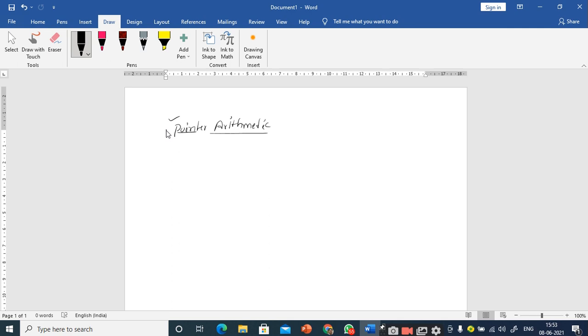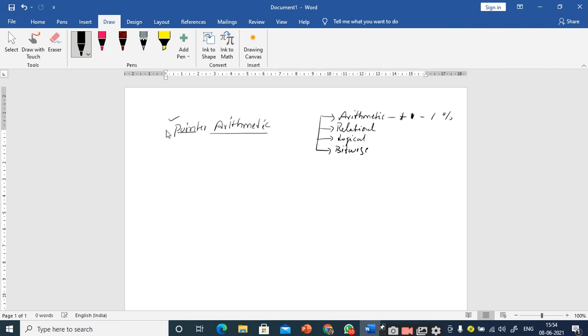So tell me, what are the various categories of operators supported in the C programming language? We have arithmetic operators: plus, minus, star, division, modulo division. Other than this, we have relational operators, logical operators, and bitwise operators.